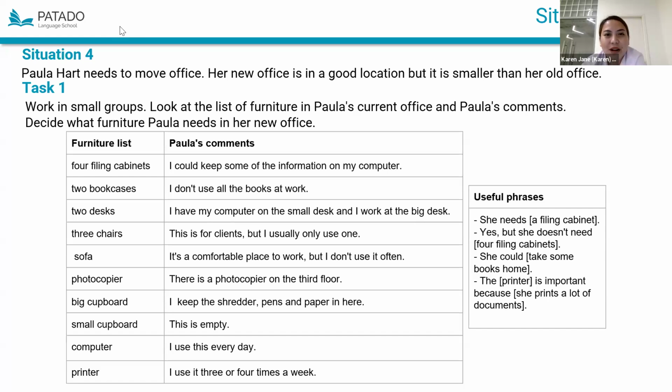Okay, so while doing it, let's consider these useful phrases on this part of the screen. In situations like this, you may use the following phrases to express your ideas and your opinions on the relocation of Paula.